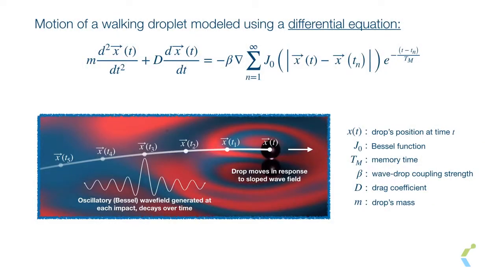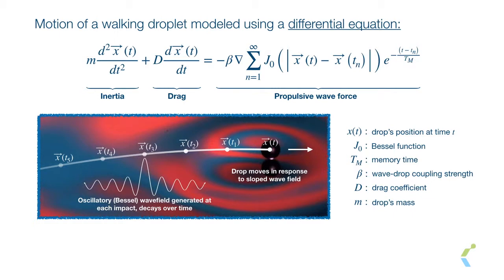To study this pilot wave system, we mathematically model a drop's horizontal motion using a differential equation. Each term accounts for a factor influencing the drop's motion. The first term accounts for the drop's inertia, while the second term accounts for drag forces acting to slow it down. The third term accounts for the propulsive wave force, which is proportional to the slope of the wave beneath